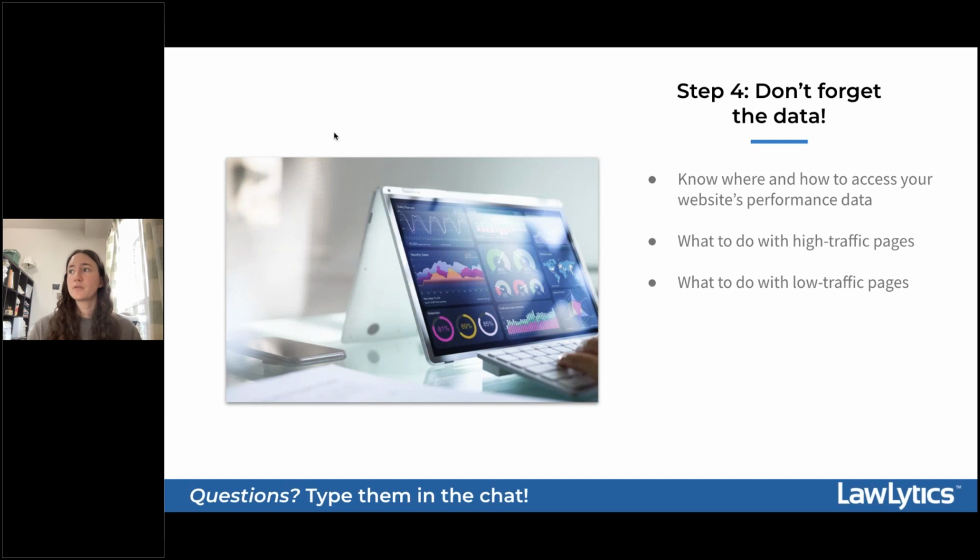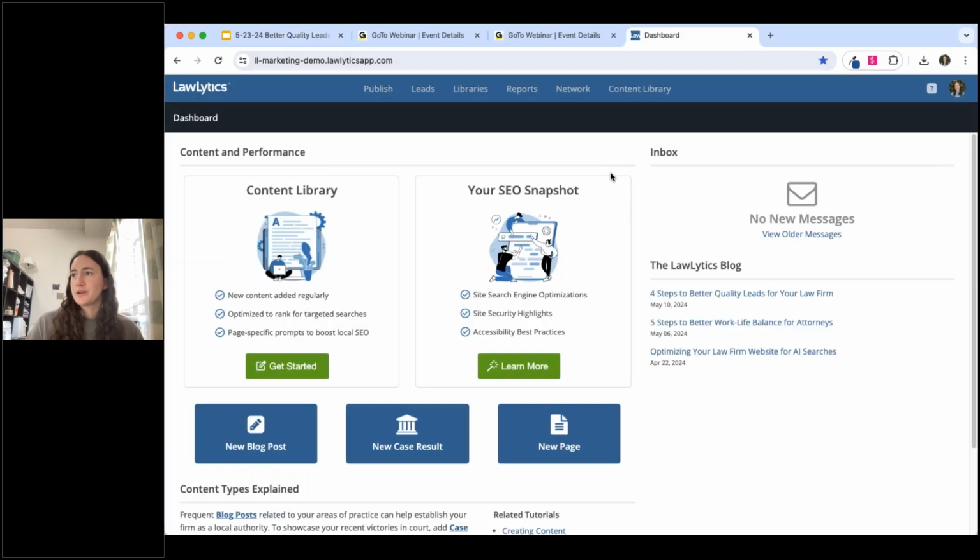And one thing I will show you first off as we get into this tour is that we now have a more seamless integration with Google Analytics. So while we do have Lawlytics specific website reporting, Google Analytics is that kind of extra boost that you can have for your website reporting so you can get more detailed information about exactly how your website is performing, how it's correlating with those marketing efforts that you're putting in, and what you should be seeing back. So let me go ahead and take us into our dashboard here.